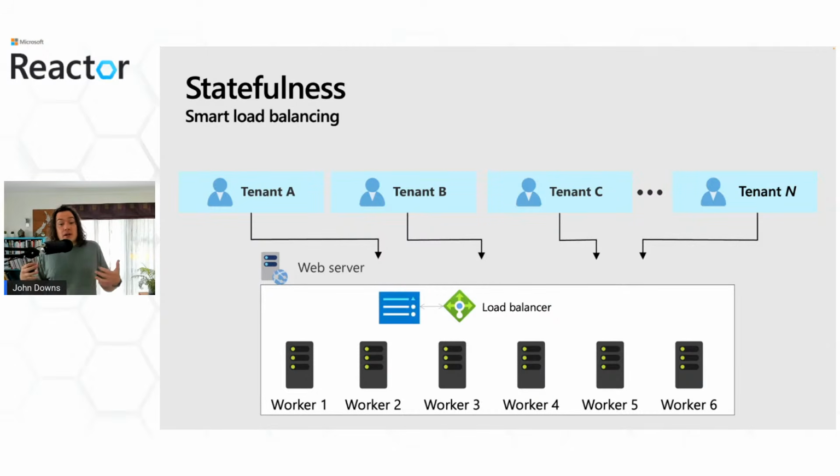Now, this might or might not be a problem depending on the volume of requests, the type of data that you're caching, and so forth. But if it is a problem for your solution, then one option is to make your load balancer smart and to try and send all of the requests from the same tenant to the same worker. This requires some sort of mapping of tenants to workers to be maintained by the load balancer. It also has the potential to create things called hot workers, which means you lose the benefit of scaling out because one worker becomes overloaded if there's an especially busy tenant.